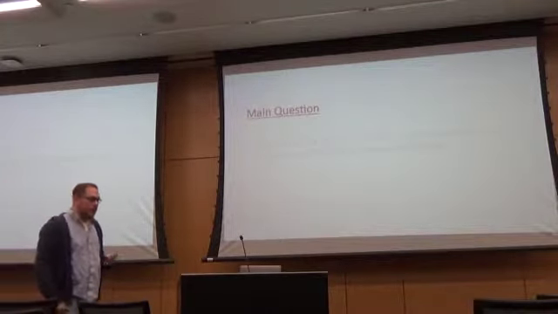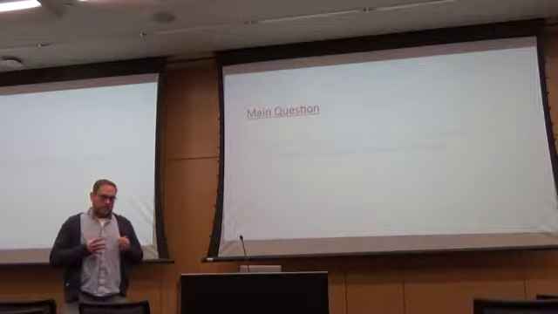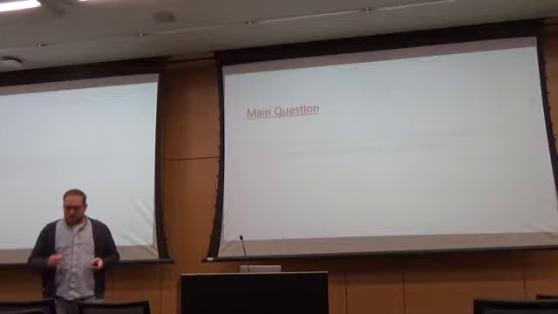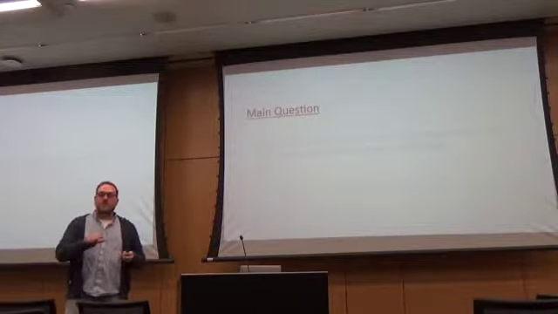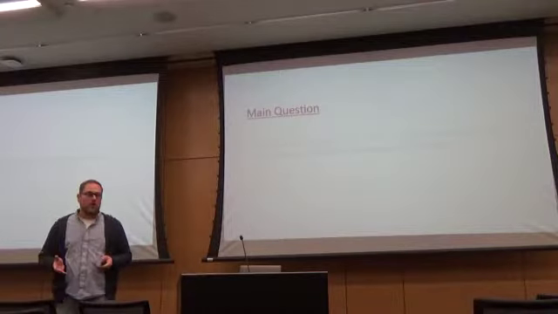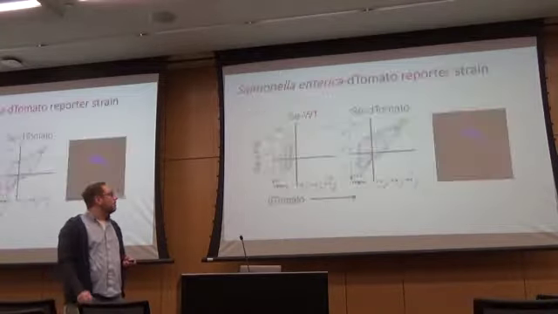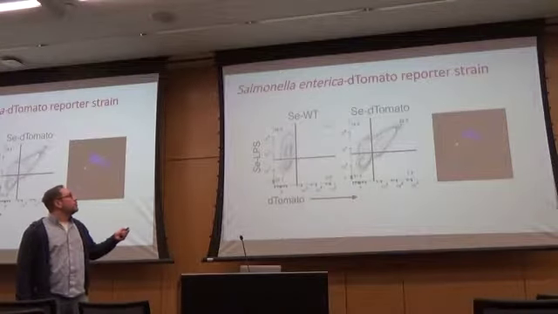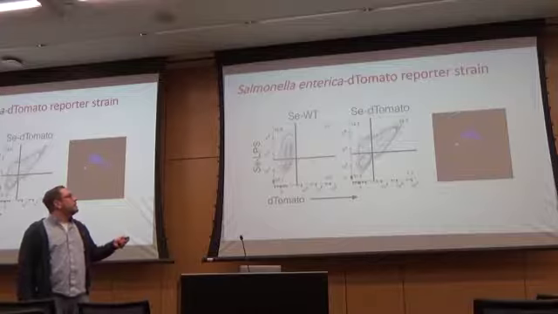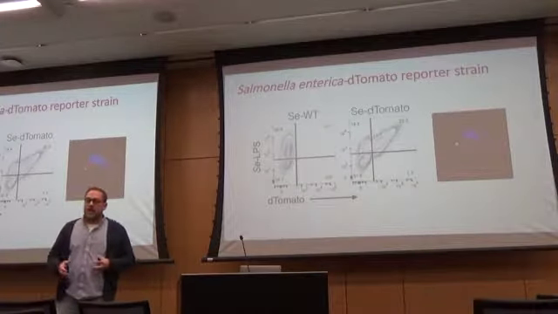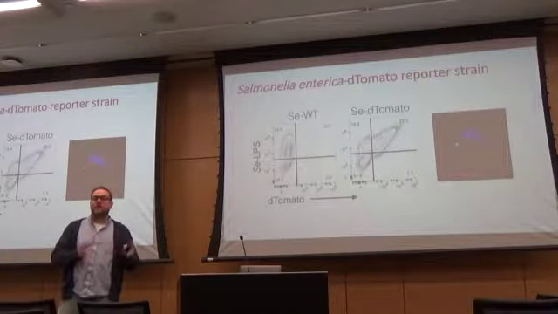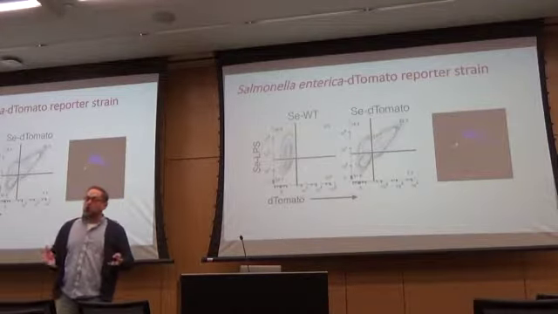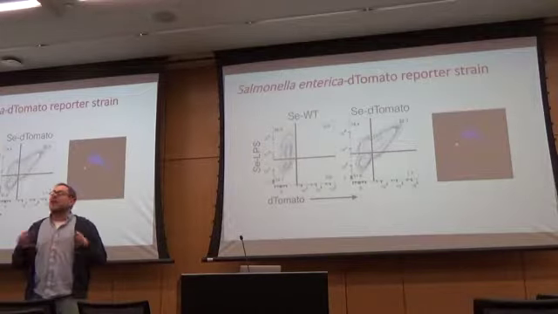Salmonella is an interesting pathogen where once it's ingested by the host organism, it grows exponentially and then reaches a plateau phase, but it's never cleared by the host organism. It persists for the lifetime of the animal. So in order to address this question, we developed this reporter strain, which I'm calling Salmonella dTomato, where we took the coding sequence of the fluorescent protein dTomato and inserted it directly into the Salmonella chromosome under control of a gene that's expressed very highly during chronic